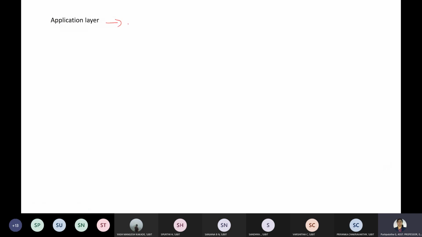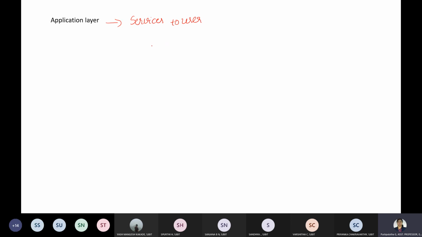So why do we need the application layer? We know that the application layer is required to provide services to the end user. When we talk about communication, it is basically provided using a logical connection.